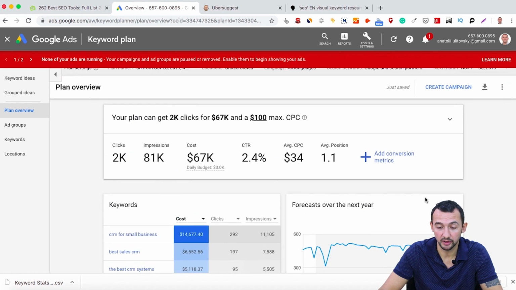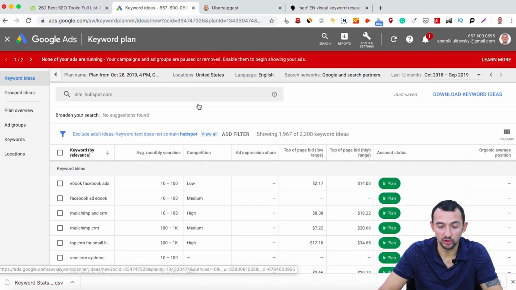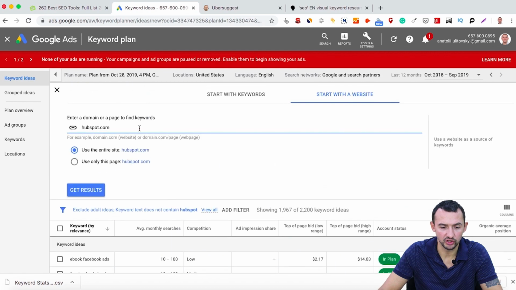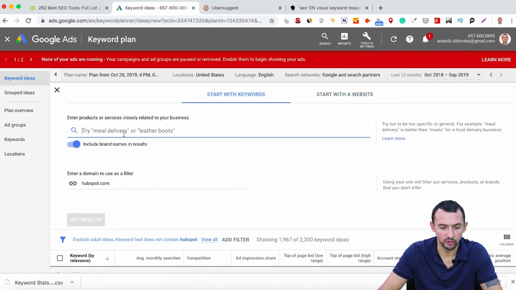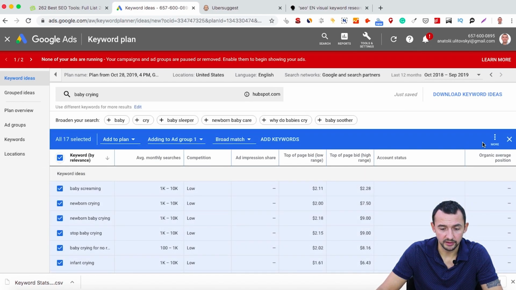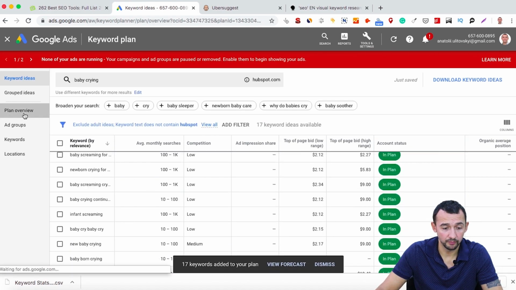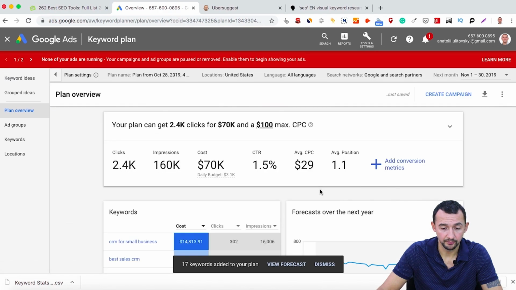If I want to know other keywords, we can change keywords, for example, to use, I don't know which is more related to mobile. For example, baby crying. Okay, we can check these keywords, baby crying, add them to our plan overview, and go there.